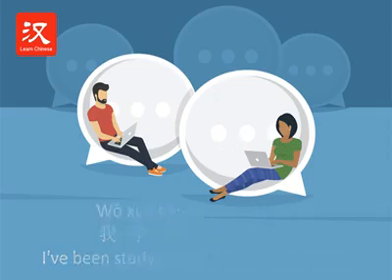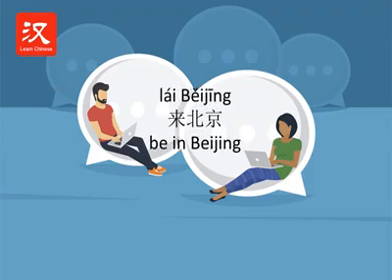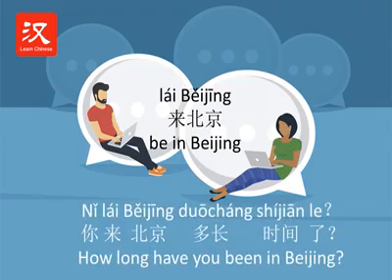Yeah, Jip, there's another question I often hear. How long have you been in Beijing? So can I use the same sentence pattern we just learned? Surely you can. You just need to replace 学汉语 with 来北京. 来北京 means to be in Beijing. So the question would be, 你来北京多长时间了？